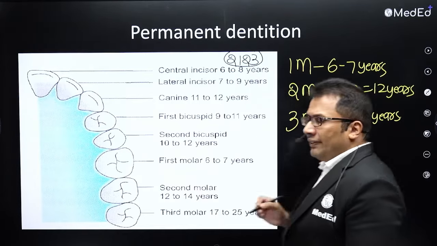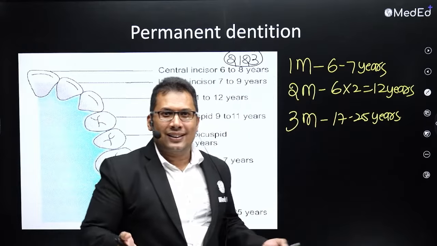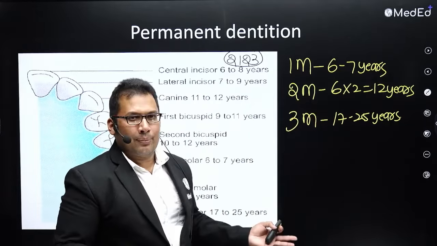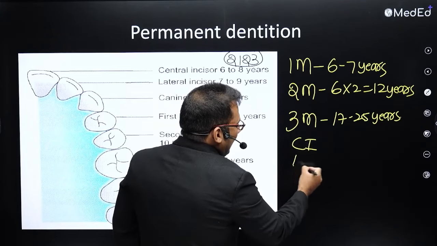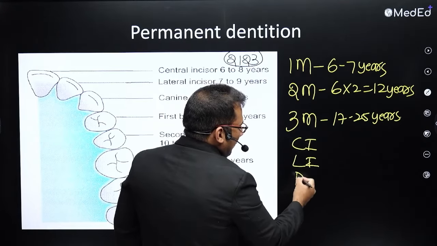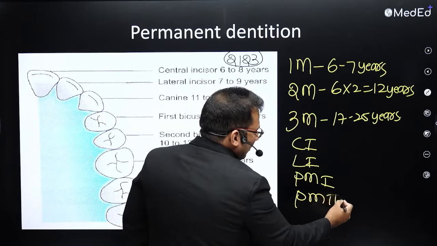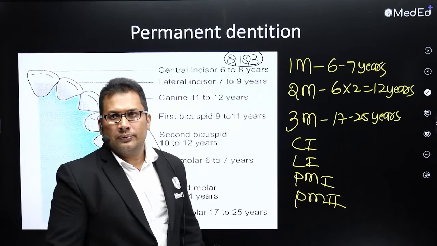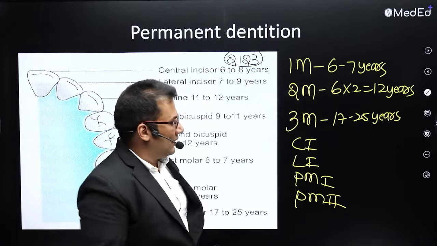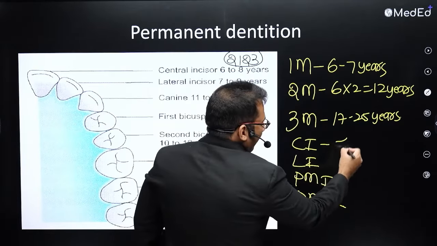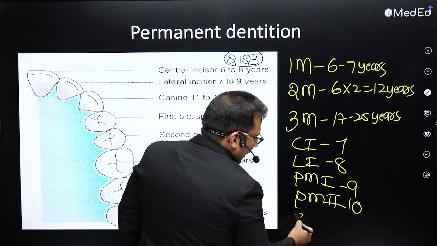So easy way to remember: 6 1s are 6, 6 2s are 12, 6 3s are 18. Easy way to remember. Now we are left with the central incisor, lateral incisor, premolar 1, premolar 2, right? Premolar 2. See, already 6 is over here. You can start with the 7, 8, 9, 10, and canine is